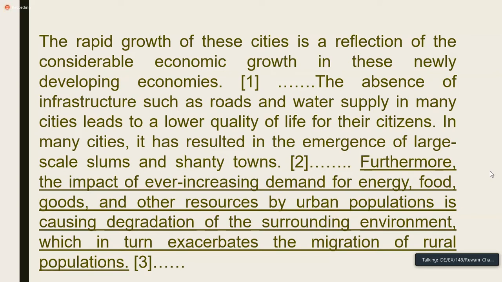In many cities, it has resulted in the emergence of large-scale slums and shanty towns. Furthermore, energy, food, goods, and other resources by urban populations is which in turn exacerbates the migration of